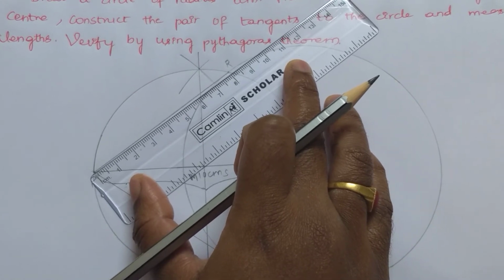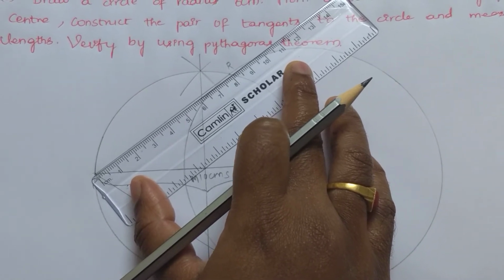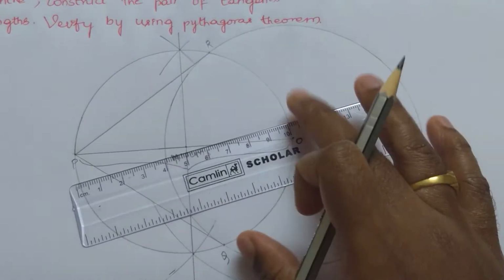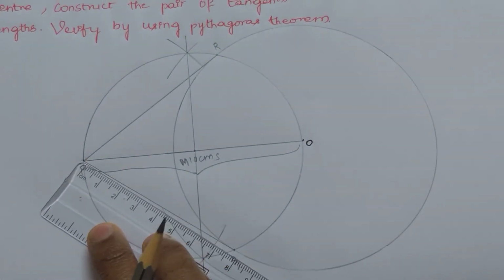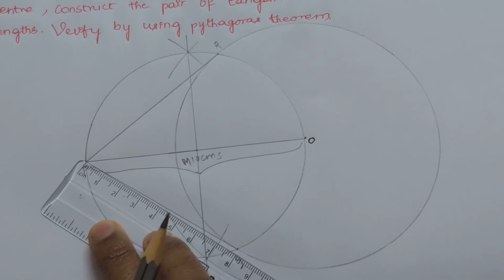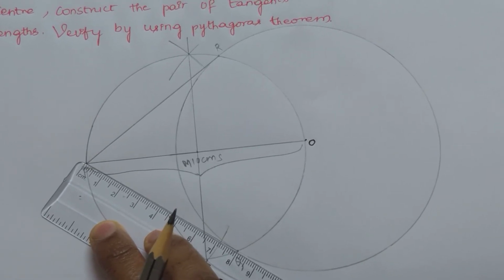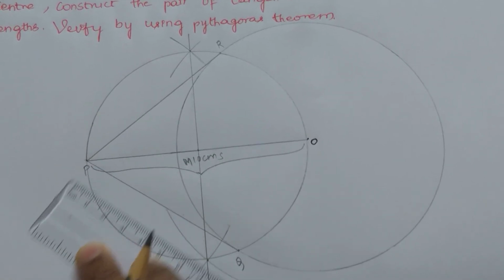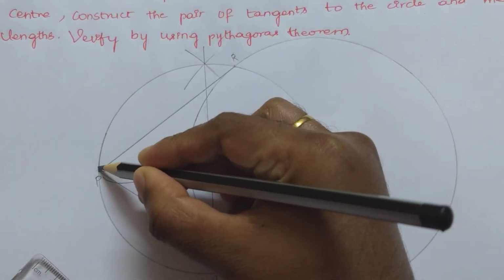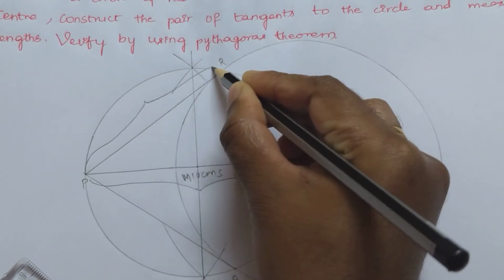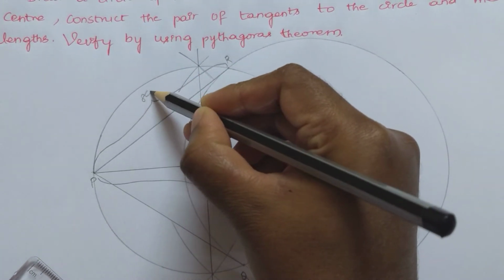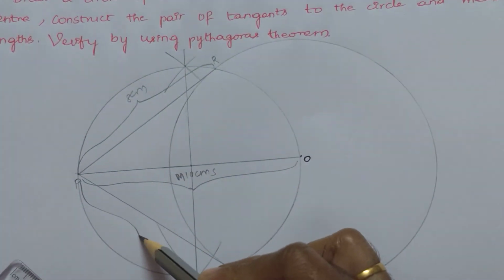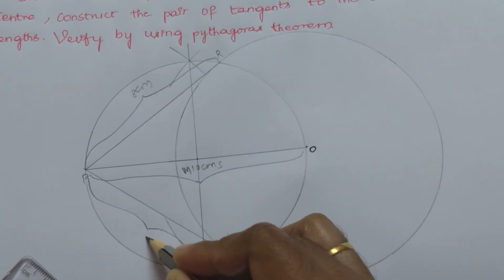So when you see here, from the point P to R, what is the length? It is 8 centimeters. You can see here on the scale. In the same way, from P to Q, let's see the measurement now. Let's see the length of the tangent. So what is that? From P to Q, you can see here it's 8 centimeters. Write the same thing here. So the length of the tangent PR is 8 centimeters and the length of the tangent PQ is also 8 centimeters.